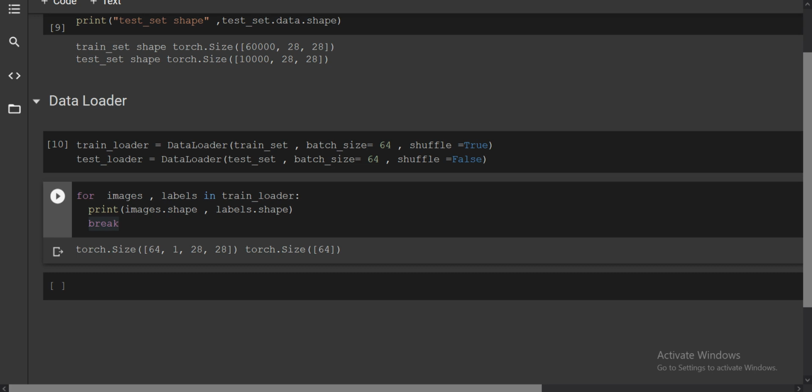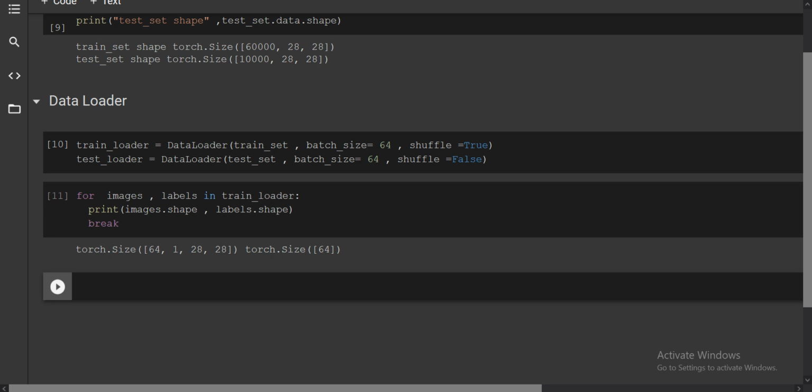If the total number of images in a batch is 64, then the labels will directly be 64 as well. So it will be similar for each and every batch, where you have divided the data so that each batch has 64 images.